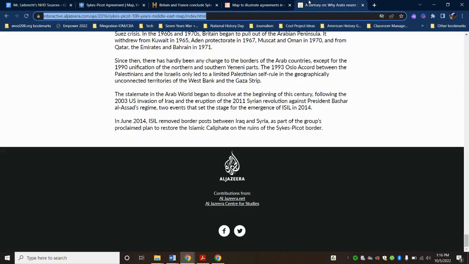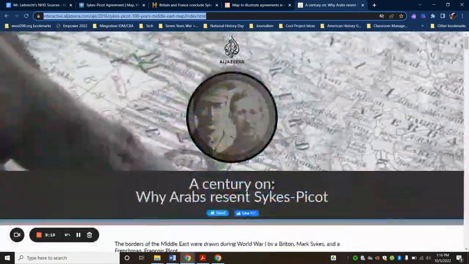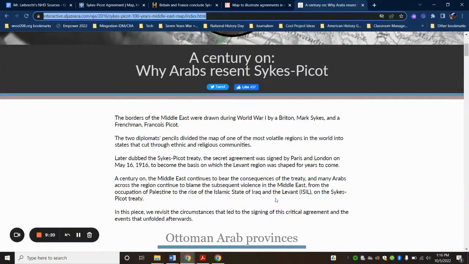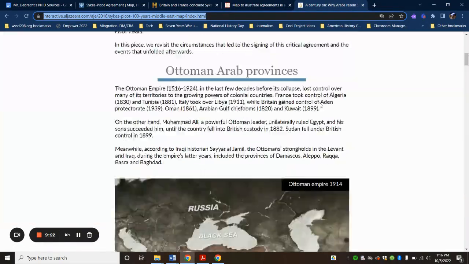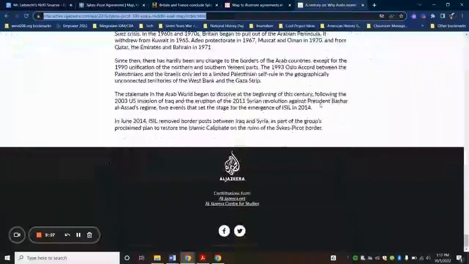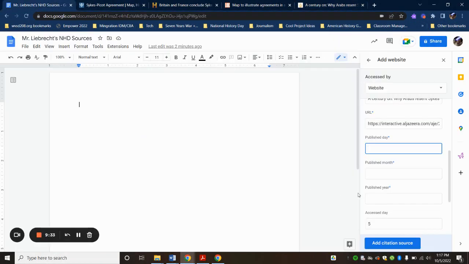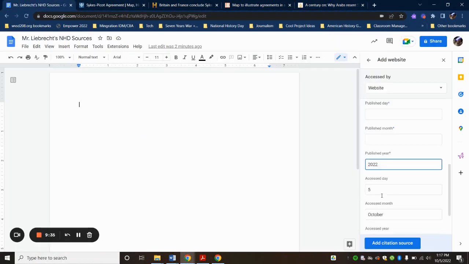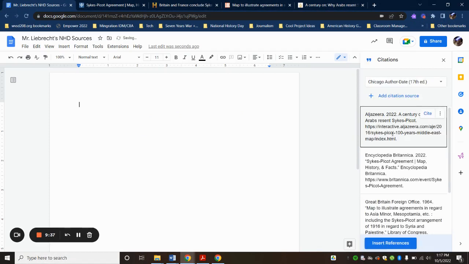I can see that this may not have a publication date. So this particular one does not have a publication date. So what I usually do in this case is just put the current year because that's when I found it. So 2022, and then add citation source. Now, if I find more information later, I can always go back and edit these. So these are the sources that are